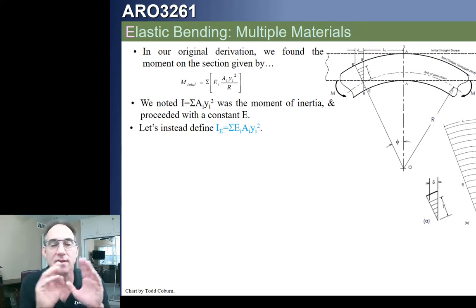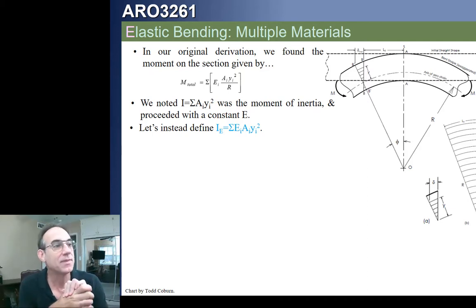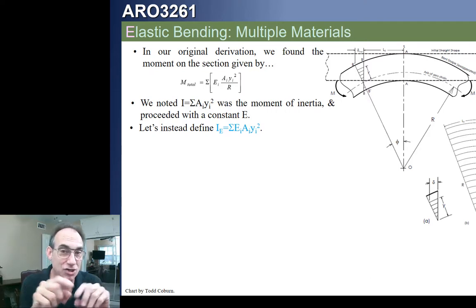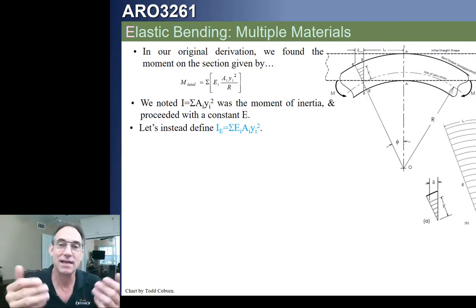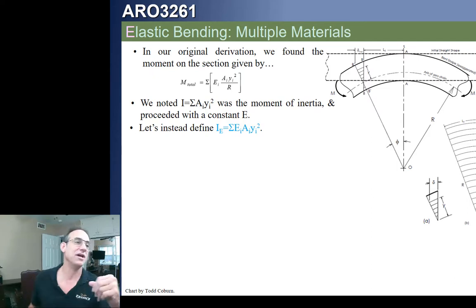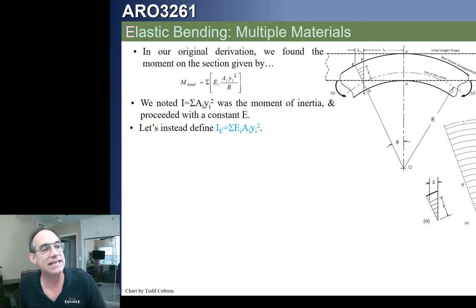We can call this the modified moment of inertia. It's not the moment of inertia, it's E times the moment of inertia. Okay? Now we're going to need this term, and we're going to see how we can use this idea to